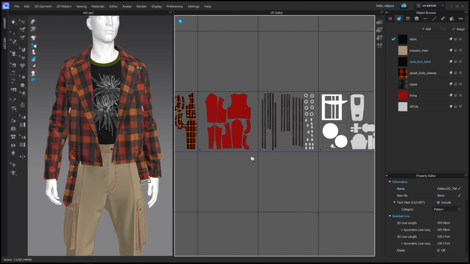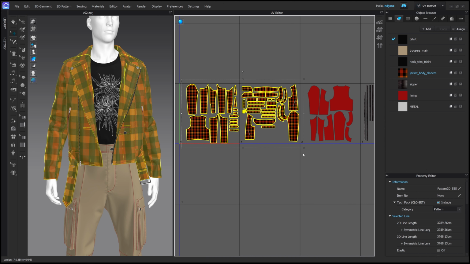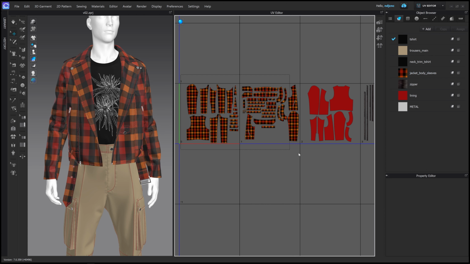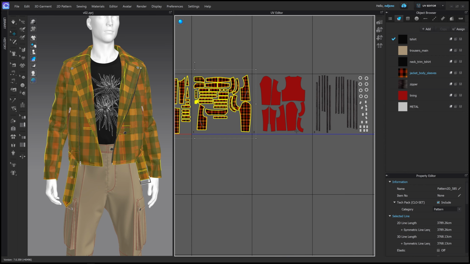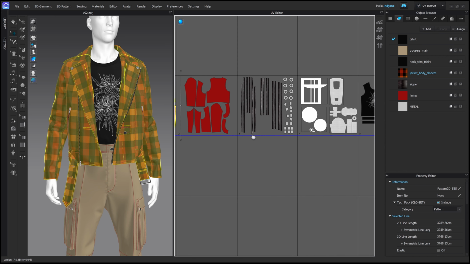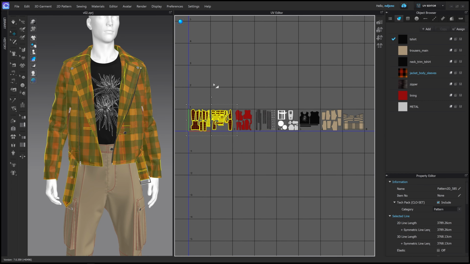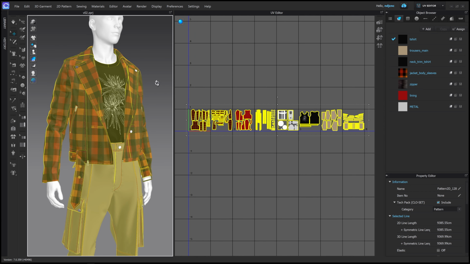The important thing to remember in this process is to keep each material with its own scaling. So for example, I wouldn't want to scale this piece bigger than the rest of the pieces because this would have a different texture resolution than the other pieces in the layout. So remember to keep all of your material selections in one scale and keep things uniform and keep things as efficiently placed in each UV tile as possible. So this one actually goes over 8 UVs in total, and this is the first thing that we can start to export